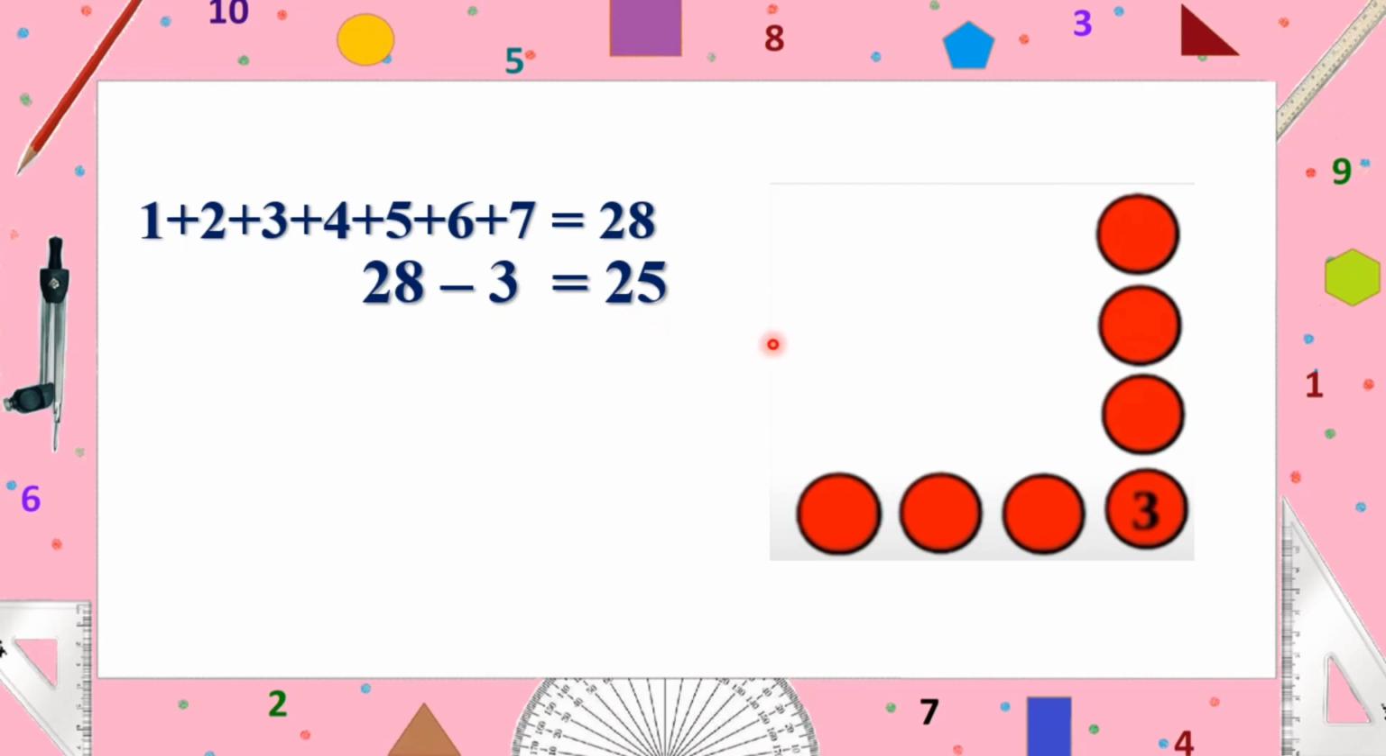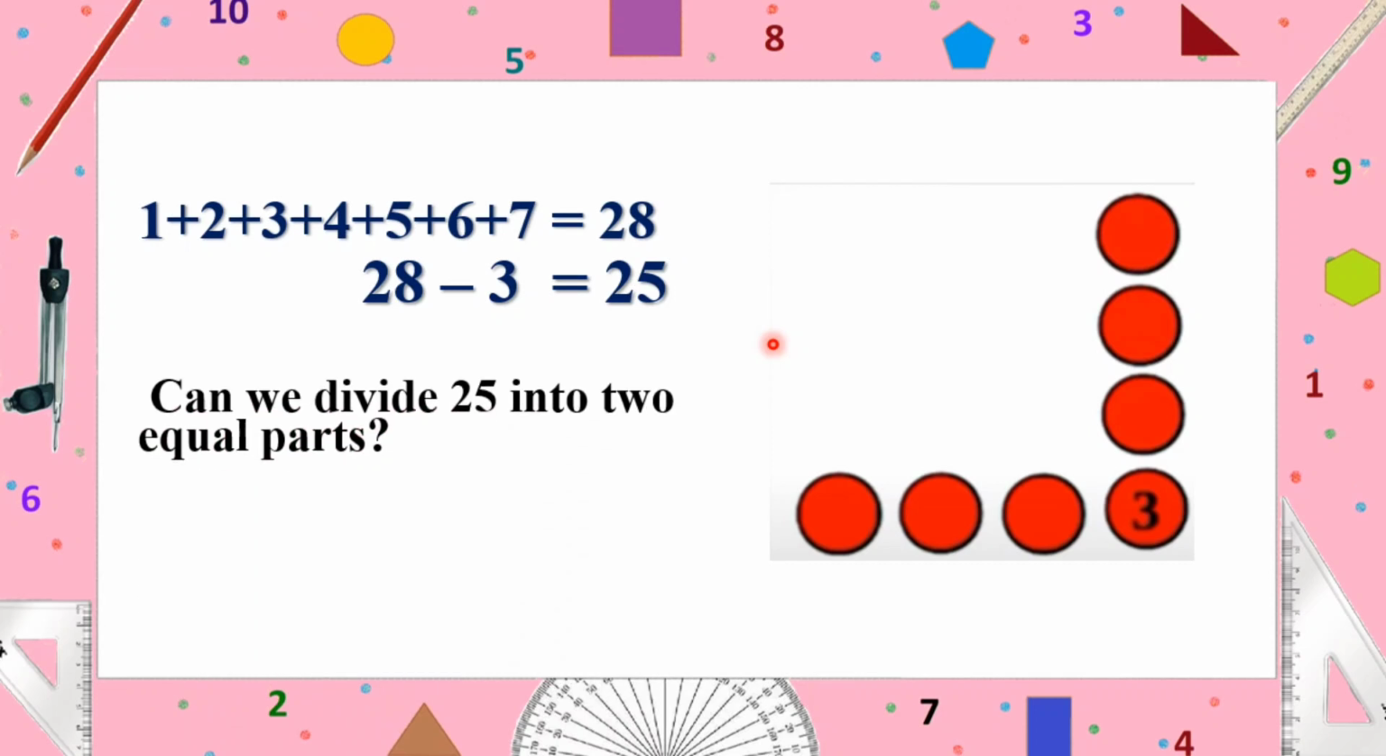Now, can we divide 25 into 2 equal parts? No, we can't divide 25 into 2 equal parts. So, that means the corner number cannot be 3. Okay, let's try with another number. Let's take